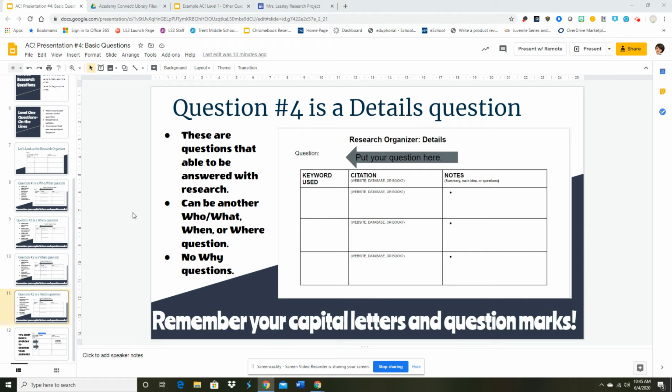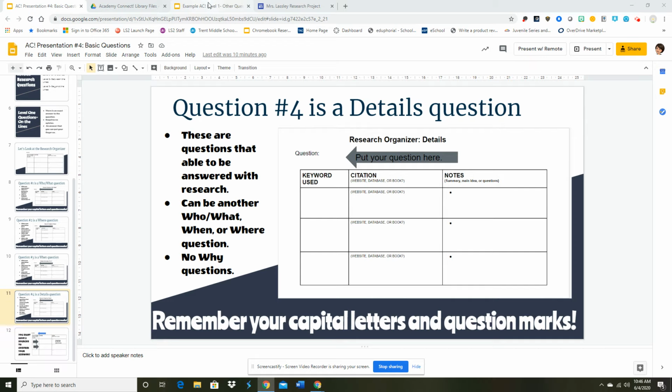This is where we can go. Now, I can give you guys some examples. I'm going to use my World War II example. How did World War II start? Who was involved in World War II? When did the United States join World War II? Things like that, I can answer those questions, okay? Again, you must always keep your topics in there, but remember your capital letter and your question marks, okay?